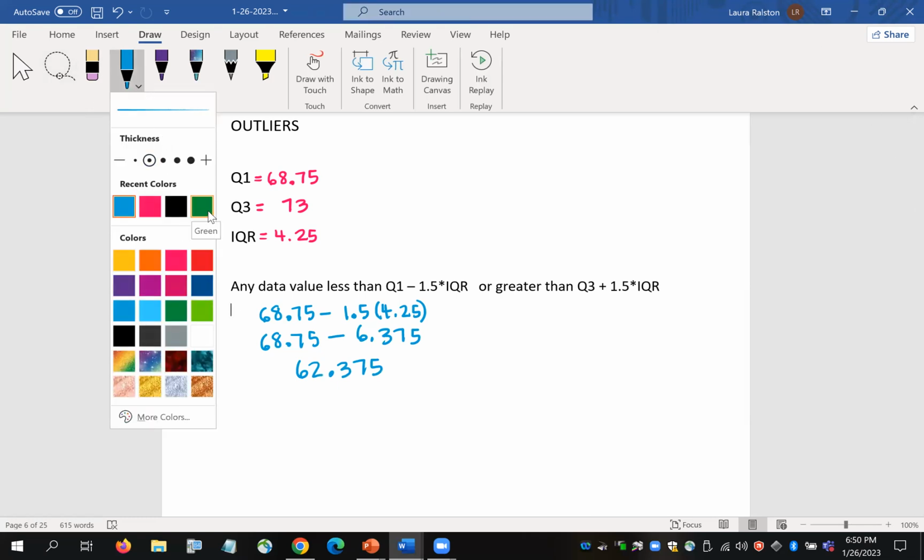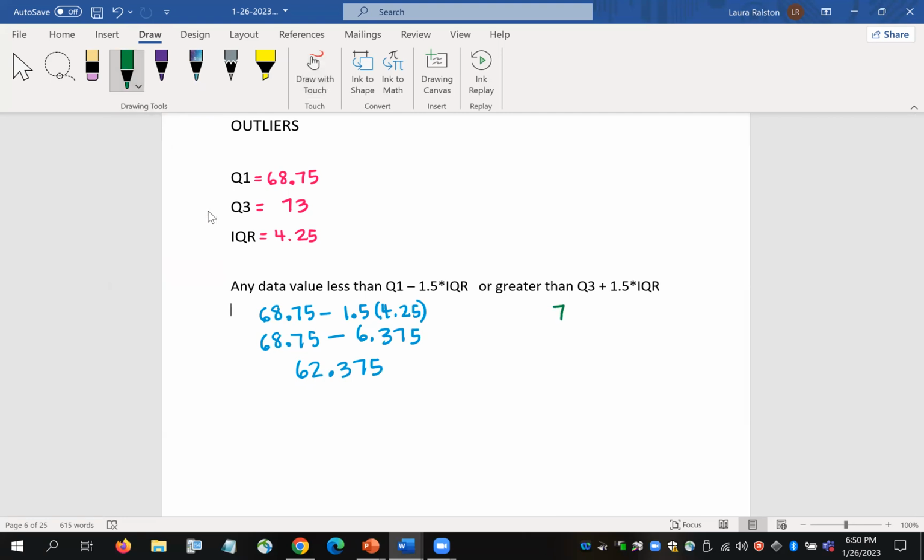Then I'm going to do the other calculation. Q3, which is 73, plus 1.5 times 4.25, multiply first, 73 plus 6.375 gives me 79.375. So basically what we're saying is if there is any president that is less than